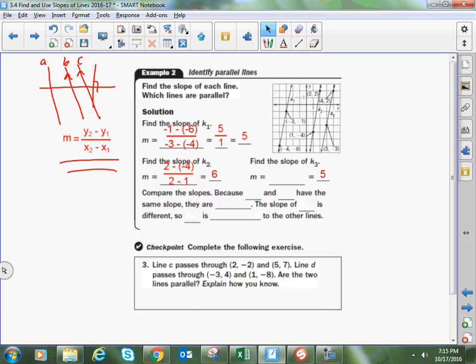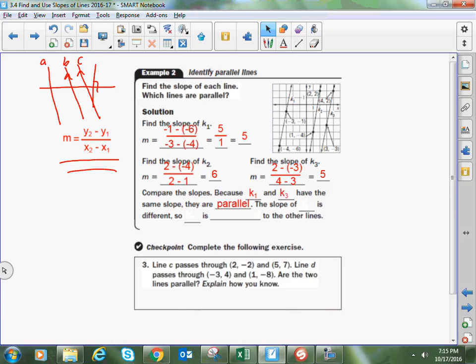And you kind of gave it away here. I guess I forgot to tell the 5 to disappear until I told it to come out. But when I find the slope of the third line, K3, we get another slope of 5. So when I compare the three values of slope that we have here, 5, 6, and 5, respectively, for the three lines,